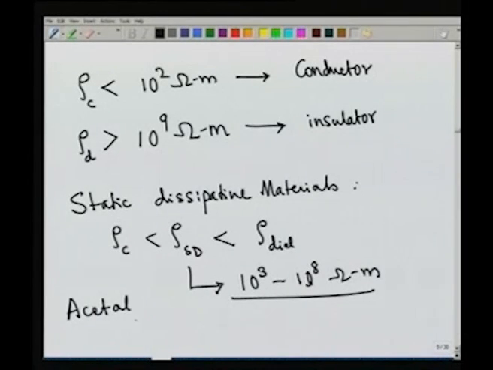Polytetrafluoroethylene, etc., PTFE. All these materials are what are called static dissipative materials, whereas of course we know the examples of conductors: aluminium, copper, silver is the best conductor. We know the examples of insulators. What are they? You have wood, you have water, etc. So what we have done is to give a practical, quantitative criterion to improve upon our qualitative notion